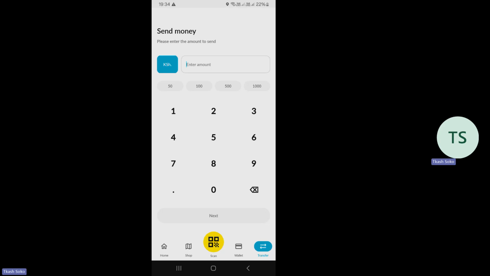For example, you may be a parent who has a child in the university and you want to send them money, and this money is in your Tcash wallet. You don't have to worry. You just need to send it directly to them. You may be a business person, you have a parent at home, and you want to buy something for them. You can send the money that way.